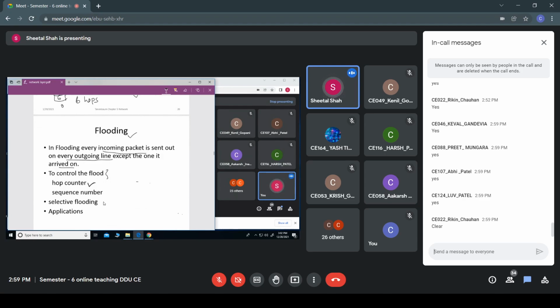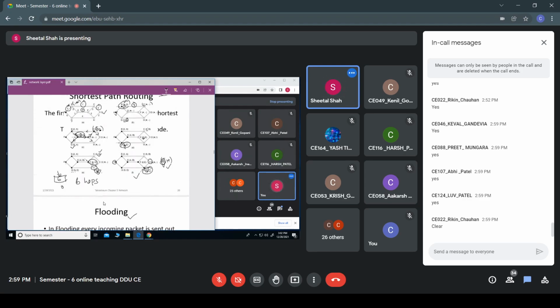The other way is to provide a sequence number. For example, suppose this is a router A and some host H1 is connected to this router. When the packets are provided by this host to router A, for every packet it would provide a sequence number, say 1, 2, 3, etc. The packet with sequence number 1 has already been flooded by router A. Then 2 it would flood, 3 it would flood.